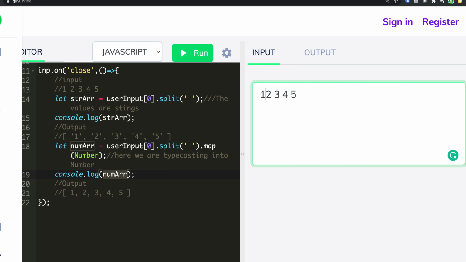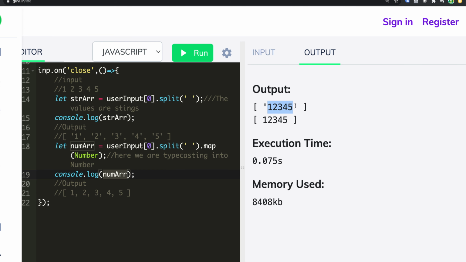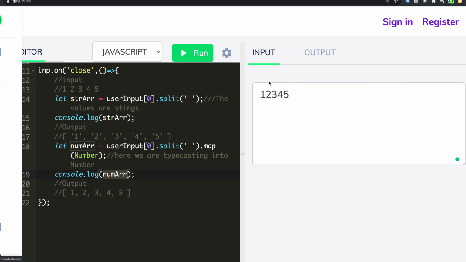The second mistake is people giving the numbers without any space, like this. When I run it, we are expecting 5 elements, but it is considered a single number, because it reads everything as a single number rather than multiple numbers. This would be read as 12,345 rather than 1 2 3 4 5. So for that purpose we give a space as a separator. Most of the time the separator would be a space, but it could be a comma also. So let's assume it is a space.